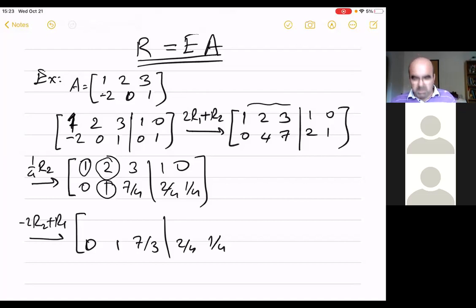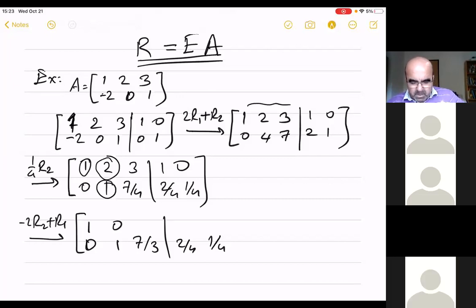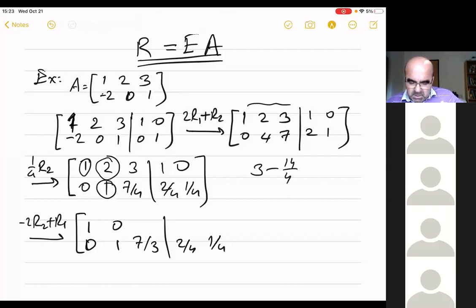Okay. Multiply by -2 and add it to 3. So it is 3 minus 14/4. What is it? -5/4, right? 1 minus